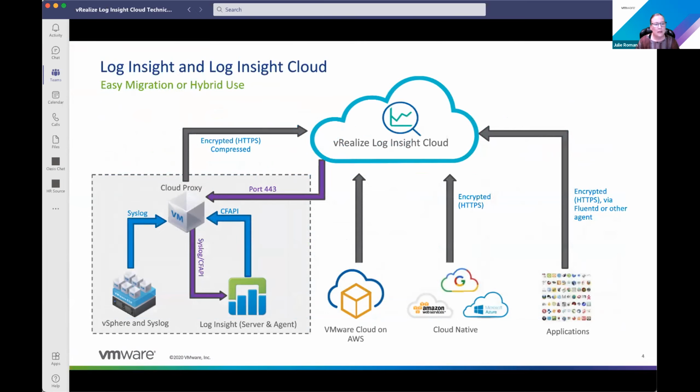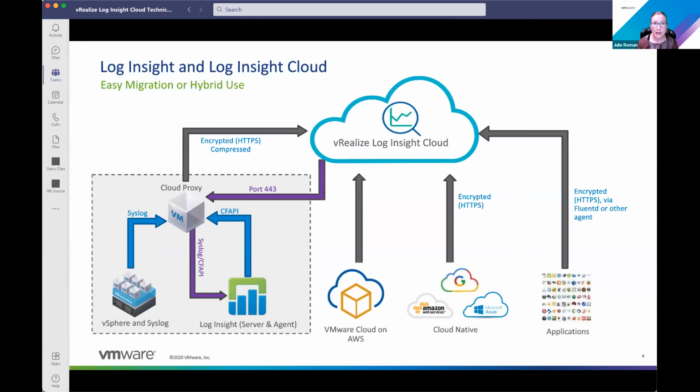All right, so in the migration kind of hybrid use case, since most of our customers probably need to retain logs like 30 days, we have a period of time where we would be forwarding logs from on-prem to the cloud or cloud to on-prem, actually, whichever way, but usually if you started out with Log Insight Cloud and you had some sort of retention, you would have the logs in both for some period of time, whatever your retention period is.